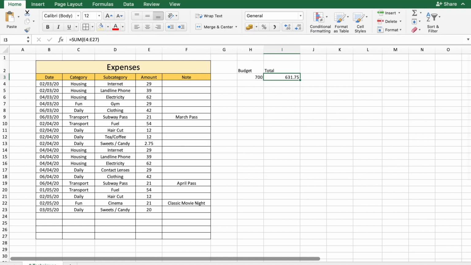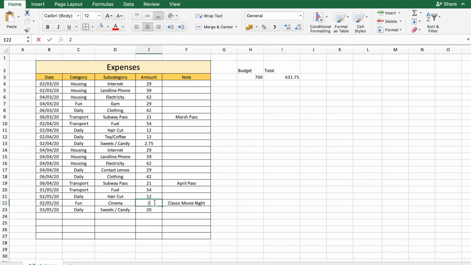Okay. So if, let's say, this shot up, the cell would get color. What if I wanted to have a range? Let's say that if the total is less than 50% of the budget, I wanted it green. If it's between 50 and 100, I wanted it yellow. And if it's above 100, I wanted it red. You could still do that using a regular conditional formatting method, but it would be really tedious.